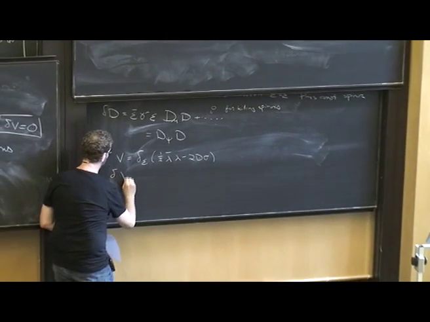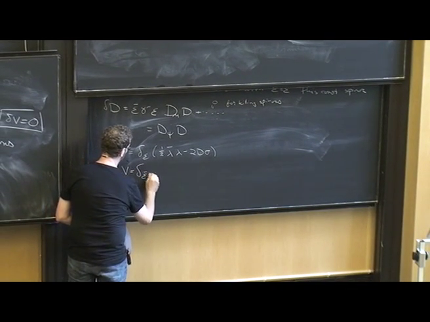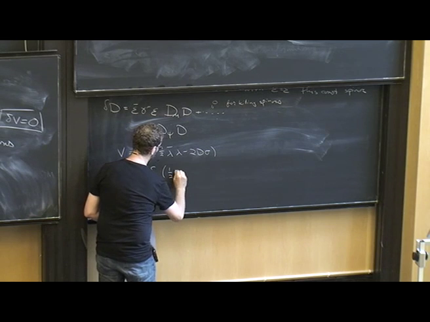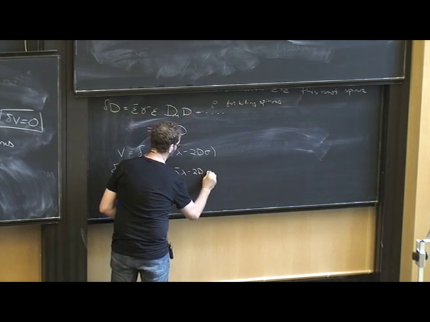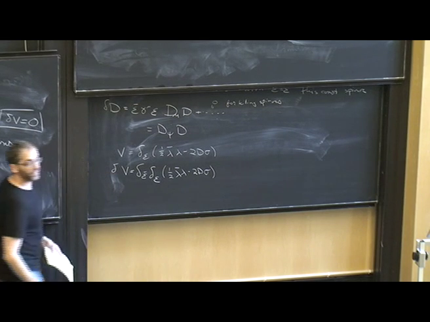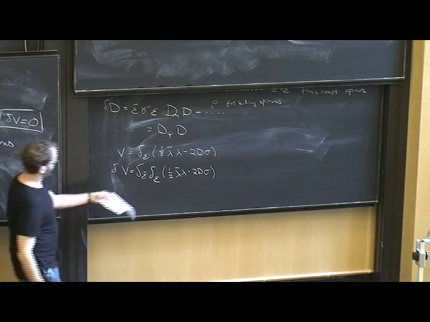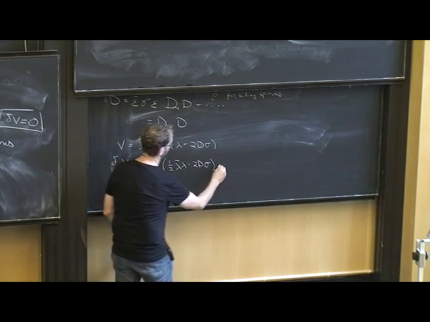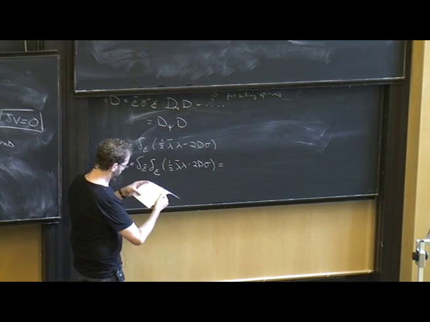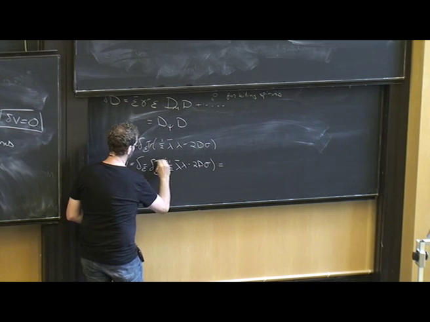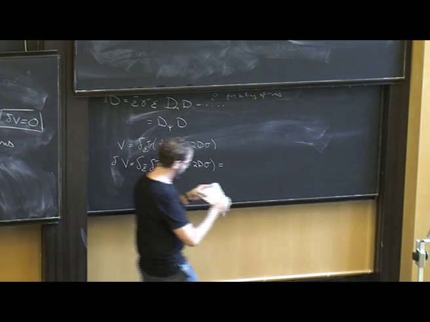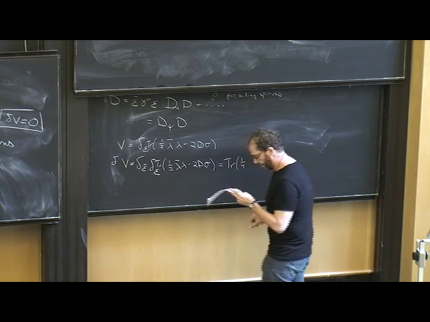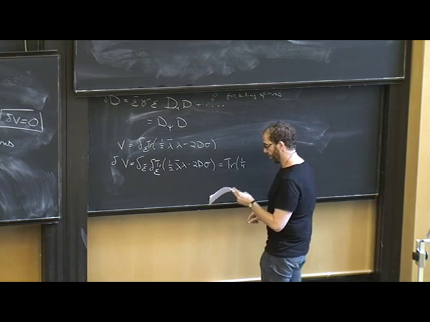So delta of V is equal to delta epsilon bar delta epsilon of this, so this you need to calculate. What is this double variation of this simple quantity? Sorry, there's a trace. I will tell you what it is. You can check it as homework. This is equal to trace, up to boundary terms from integration by parts,